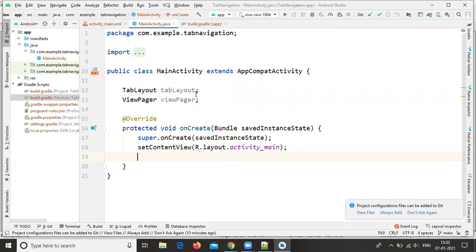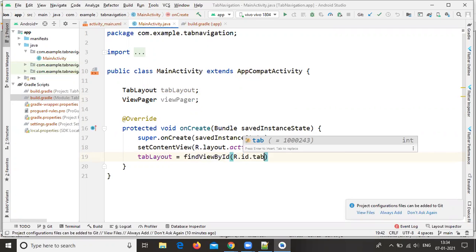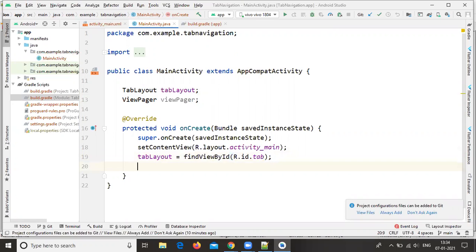So tabLayout equal to findViewById R.id.tab. In the XML file, I mentioned the tab layout id as tab. In the same way, you can configure the view pager also.